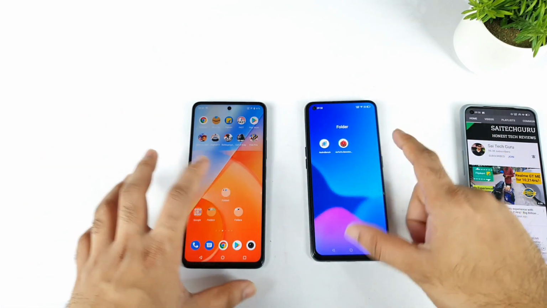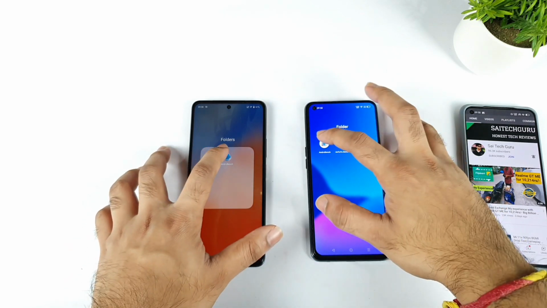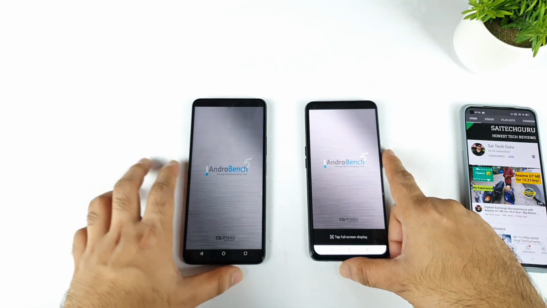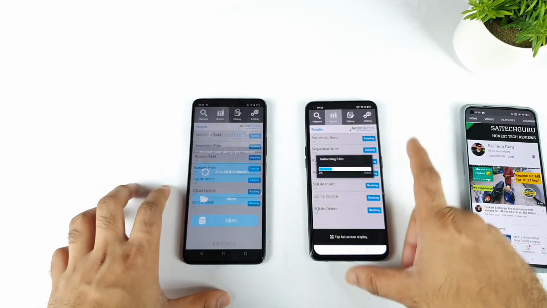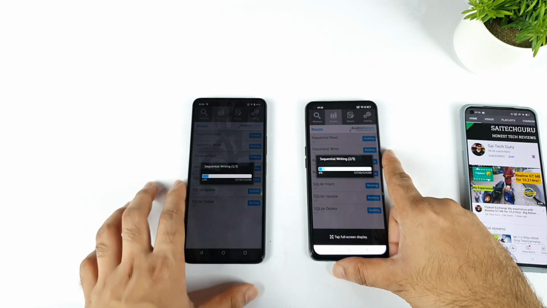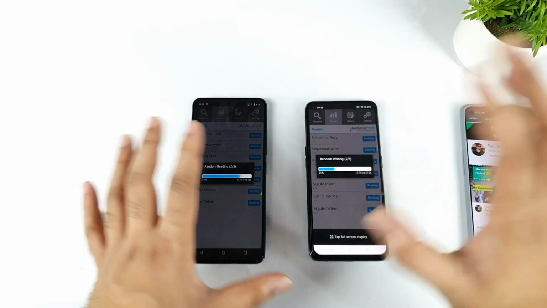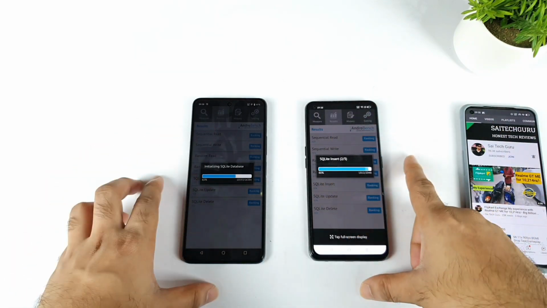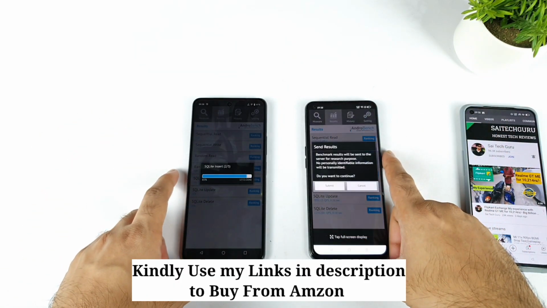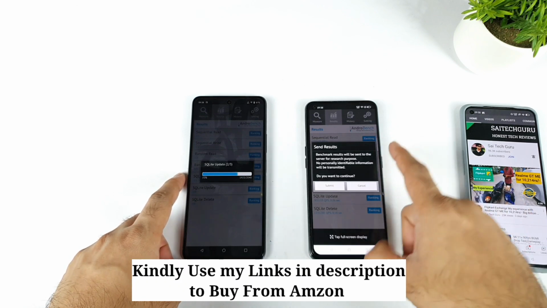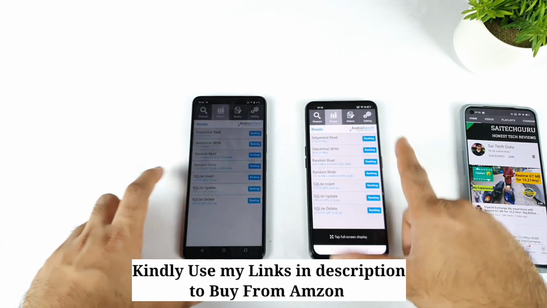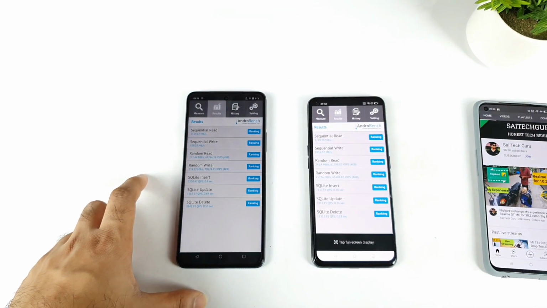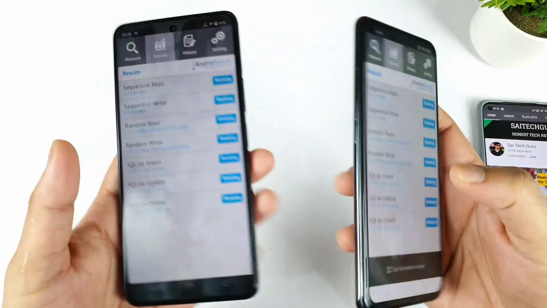First, let me go to the applications. The first is the Android Bench application, which I'll use to show you the read and write speeds in both phones by doing the benchmark. I already uploaded a lot of videos between these two devices regarding speed tests, RAM management and a lot of details. The first phone to finish is the Realme X1 Max, and the iQOO Z5 is taking some more time. Finally it finished. Let me slightly zoom in so you can focus exactly on the scores.